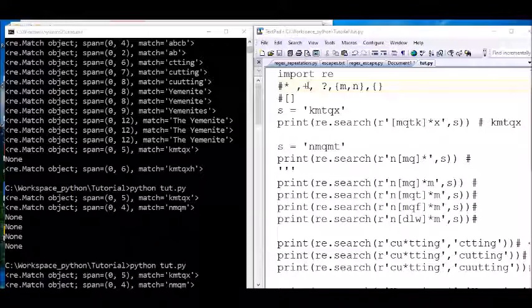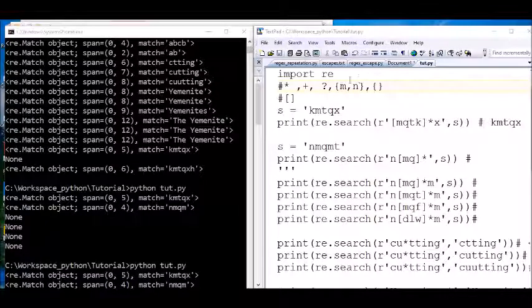So see the difference between this one and this one. Now this quantifier says either it exists or not, 0 or 1. You don't go more than that. If you didn't find that character, it's okay, the search doesn't quit. If you find one, it's okay. But if more than one, you can't. You stop.